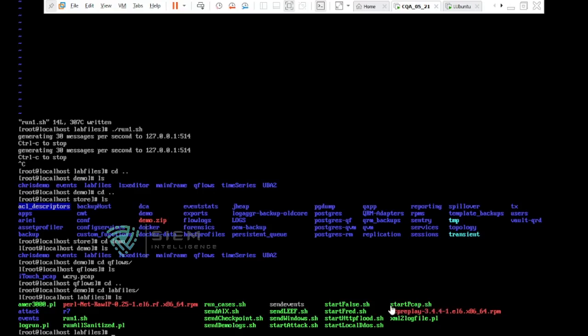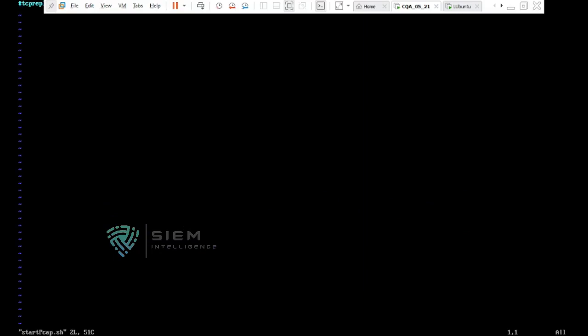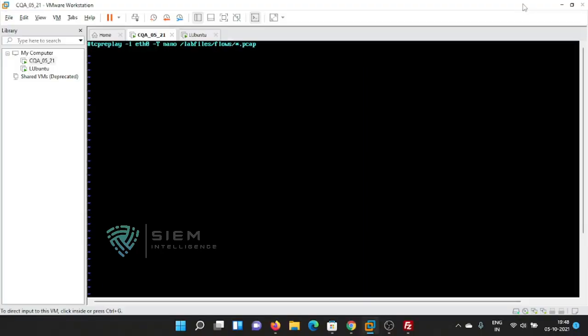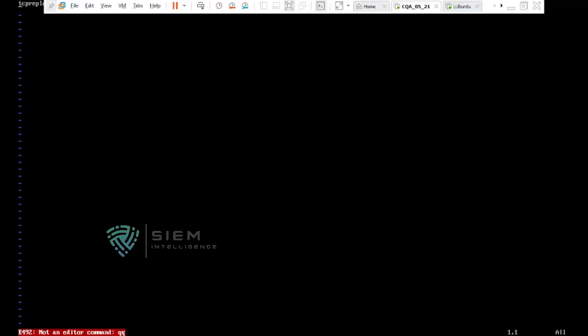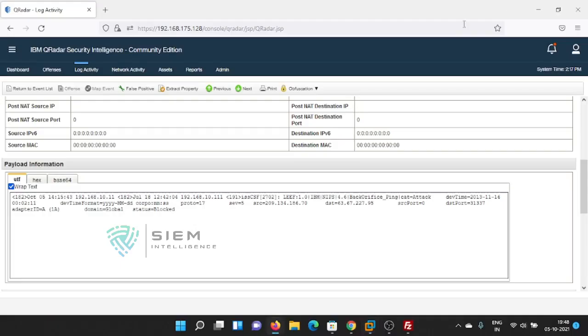If you go and see inside what it is, vim start_pcap, you can add over here. See, it is inside, the flows are there. You just copy the entire data over here and uncheck this, it will work. Okay, you modify according to your requirement. You require basic standard changes, nothing more, nothing less, according to your requirement.